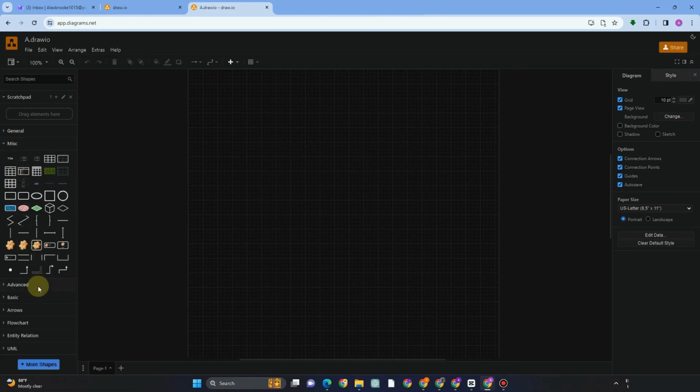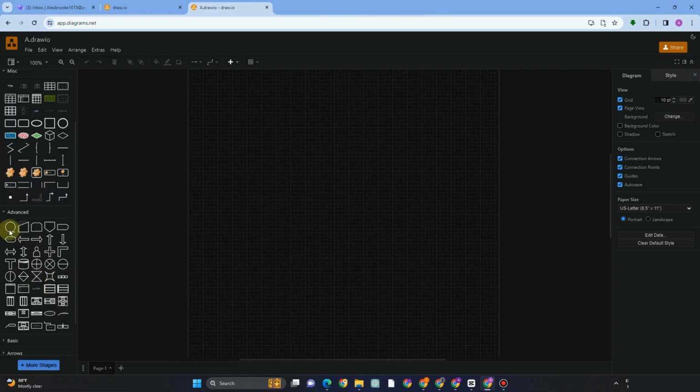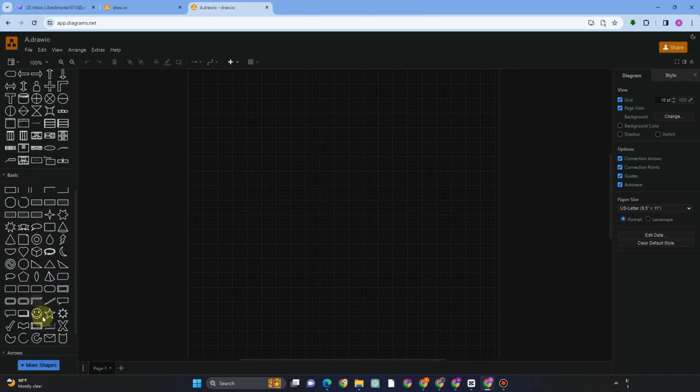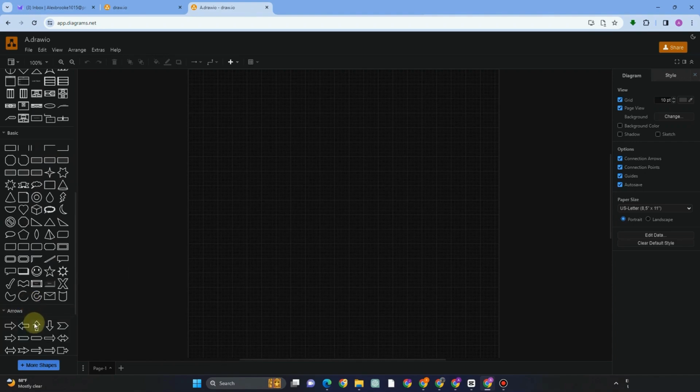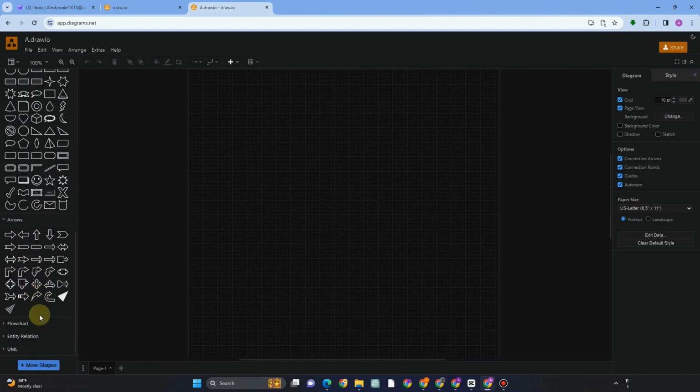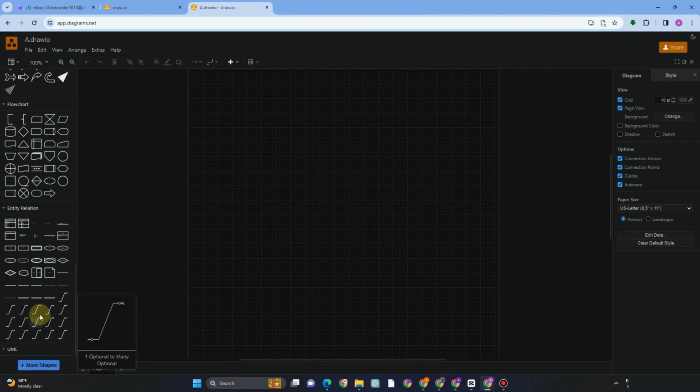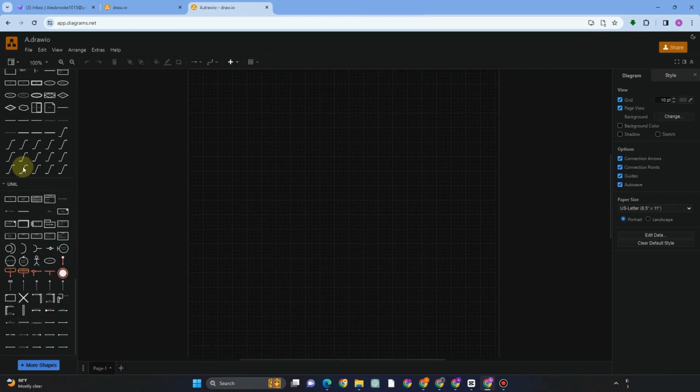general and then we have here advanced. So you can see here samples of the elements and objects under advanced. We have here basic. Okay, so you can just simply use these arrows. Of course, we have here flowchart. So for flowchart projects, you can just simply tap flowchart here and then other features and elements that you can